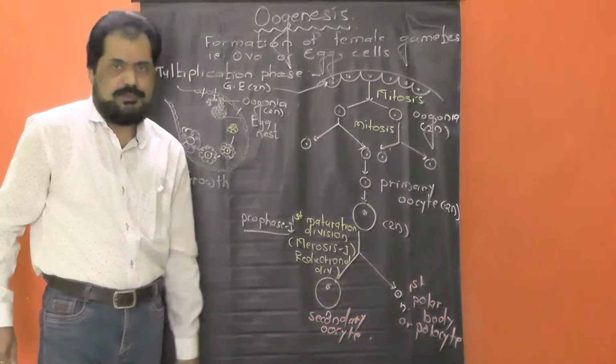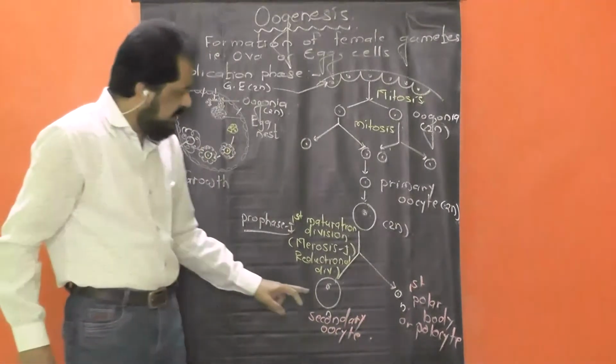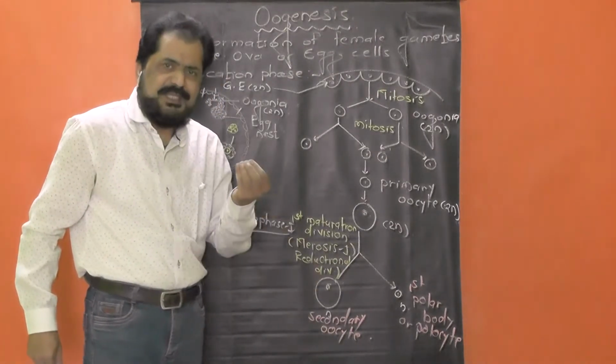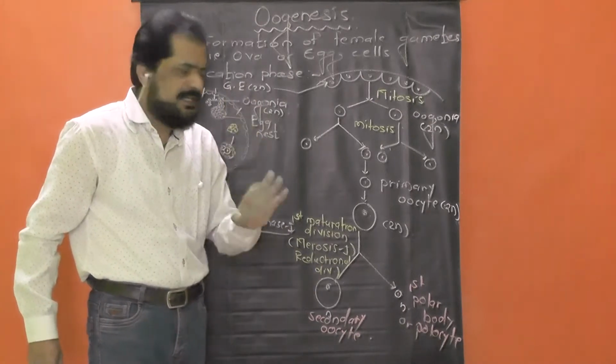Now this secondary oocyte is largest because it almost receives entire cytoplasm and entire content of